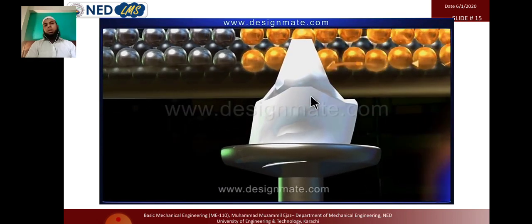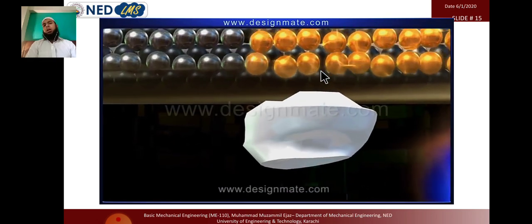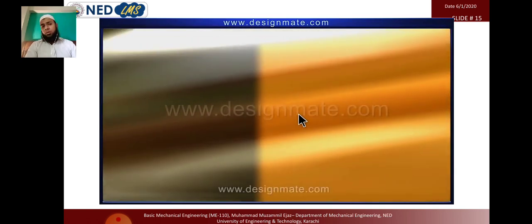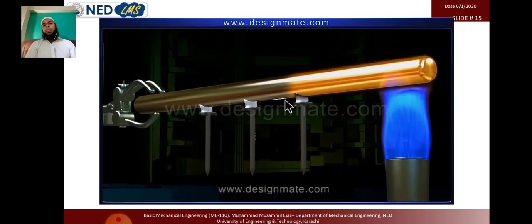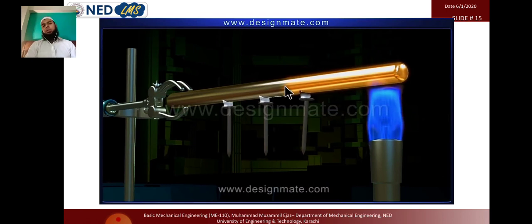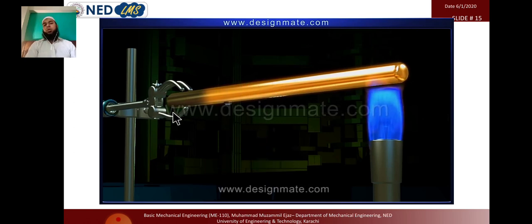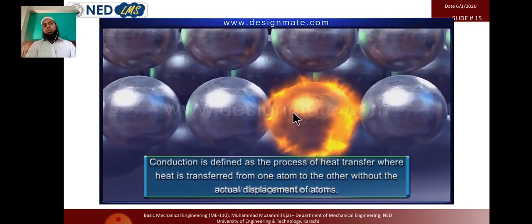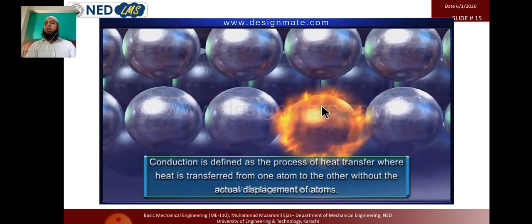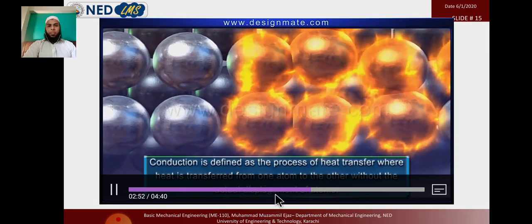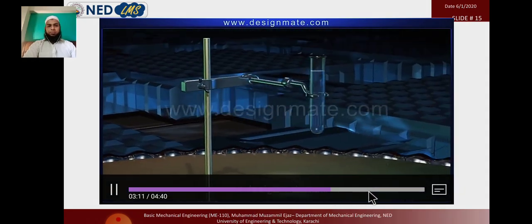in metals the conduction heat transfer takes place very rapidly, and they have a good thermal conductivity, and the non-metals don't have free electrons, due to which only the random motion transfers the heat from one point to another. But in metals there will be a random motion as well as free electrons. So you can compare,